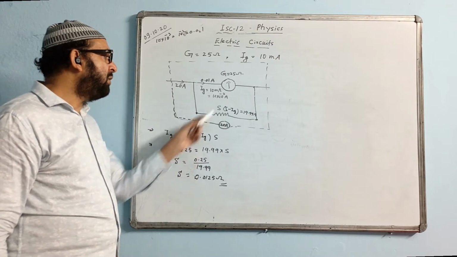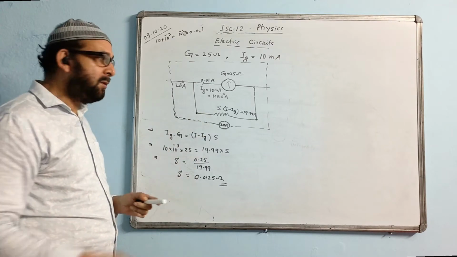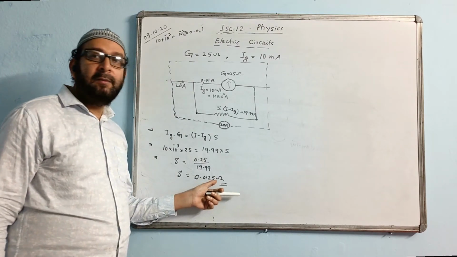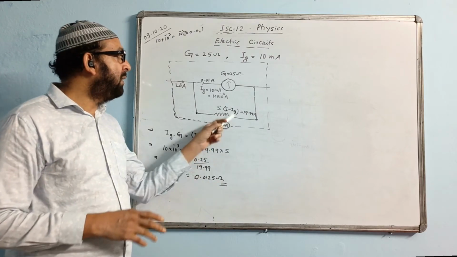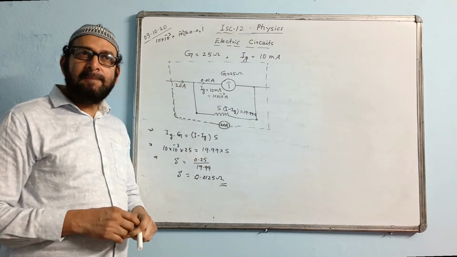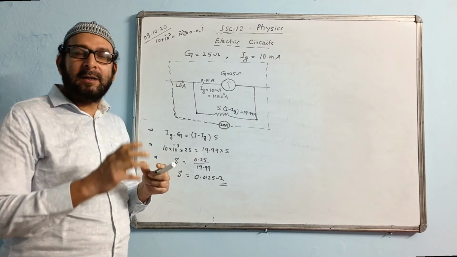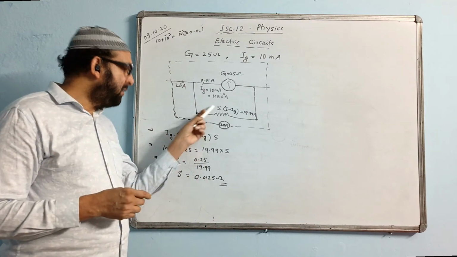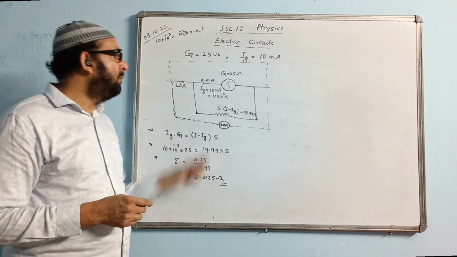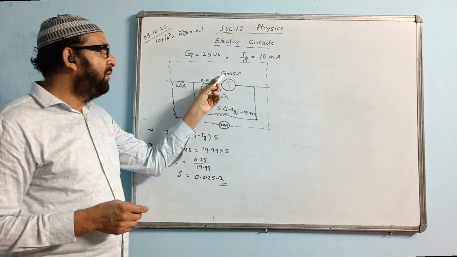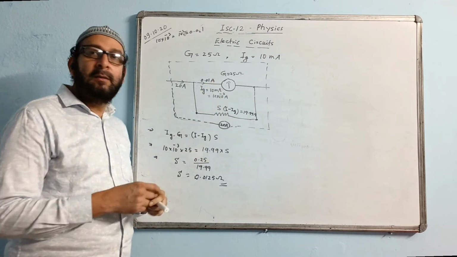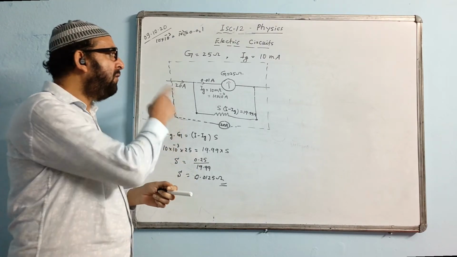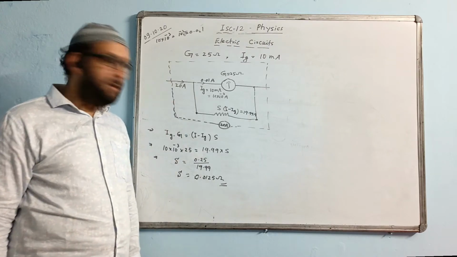So, what should be the value of the shunt used for this purpose? Then we will conclude: therefore, a shunt of 0.0125 ohm should be added to the galvanometer in parallel. If you use the word shunt, mentioning parallel is not a necessary term, because a shunt is always put in parallel. Therefore, a shunt of 0.0125 ohm is to be added with the given galvanometer in parallel to change the galvanometer into an ammeter of range 20. So that is the answer.